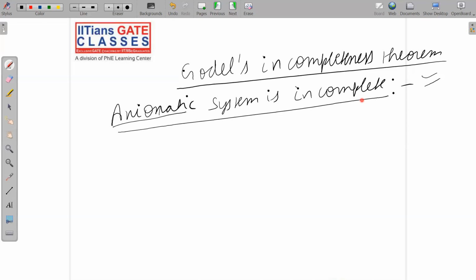So these are some assumptions. This is an assumption that the machine will only accept or reject. We cannot lie in between. That is, we cannot say that the machine may or may not accept and so on. So this is an assumption. So any system which has some assumptions, that system is incomplete. This is called the incompleteness theorem, and this is a very, very beautiful theorem. Don't worry, we will study all these things in pretty much detail when we dive deep into the subject. Okay, so that's it.